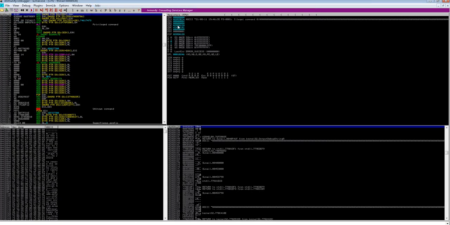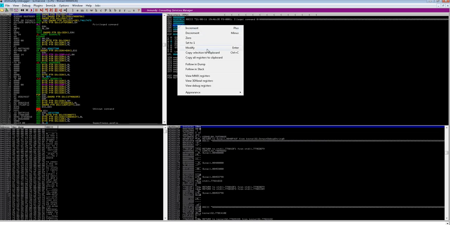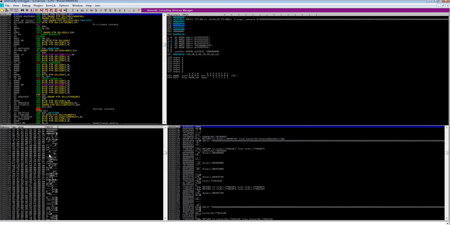So what we will do is, we'll just click ESP, right click and say follow in dump. And when you look into it, you could see that we have 4141 ending and then our return address. And after that, we have 01, 02, 03, 04, it continues 08, 09. And after that, our bad character list was having 0A, but here you could see that it is 29. You could see it's 29.